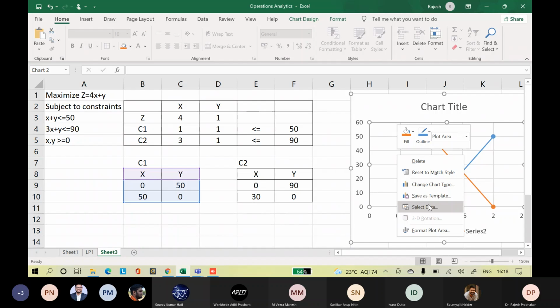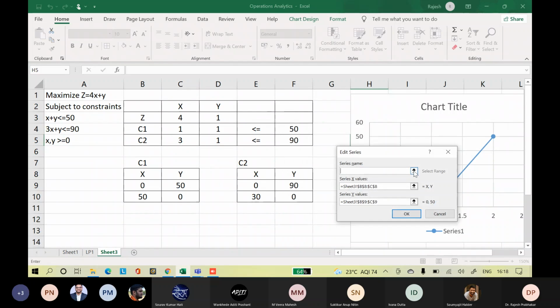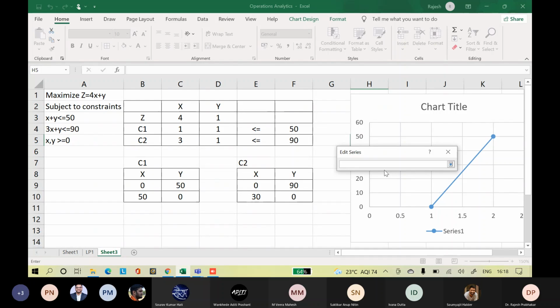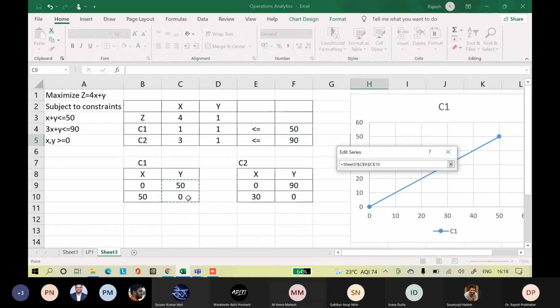Select Data, remove series 2, edit series 1: C1, series name, series X values, select the X column, series Y values, select the Y column.